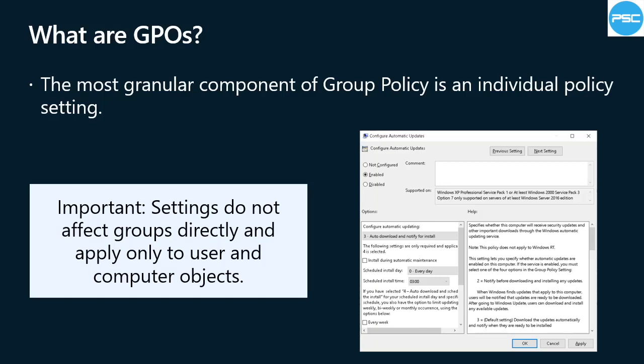When you enable or disable a policy setting, Windows Server makes a change to the configuration of users and computers to which the GPO is applied. To create a new GPO in a domain, in Group Policy Management, right-click or access the context menu for the Group Policy Objects container, and then select New. To modify the configuration settings in a GPO, right-click or access the context menu for the GPO, and then select Edit. This opens the Group Policy Management Editor